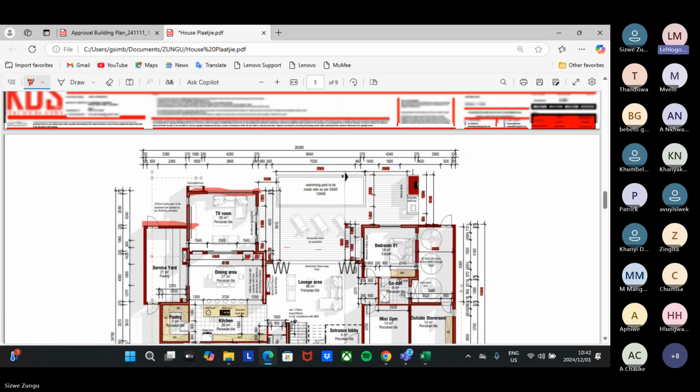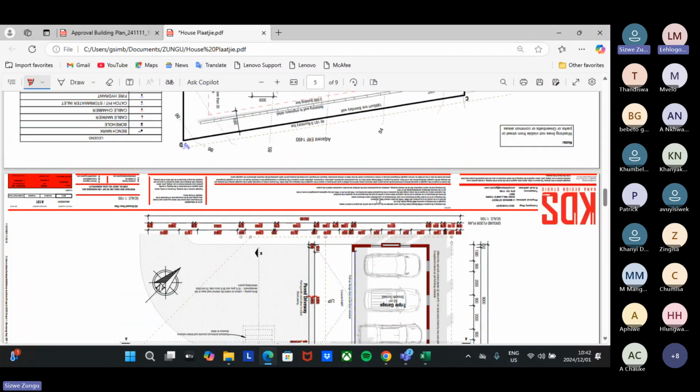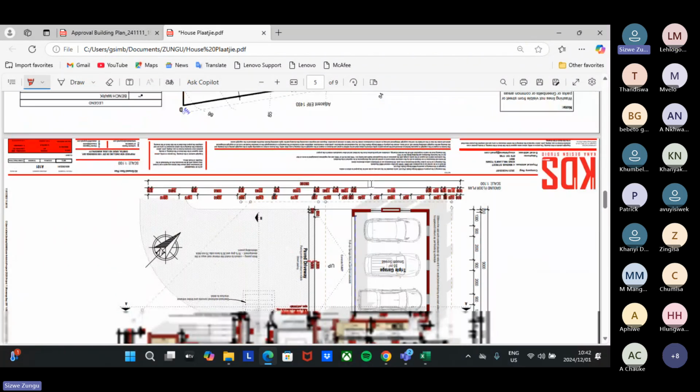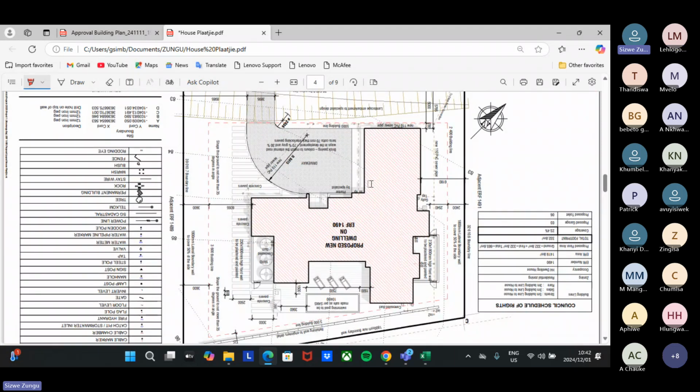There's a question in the chat asking which item we are measuring for. Currently, we're going to start with site clearance, and then from the site clearance upon excavations, and then